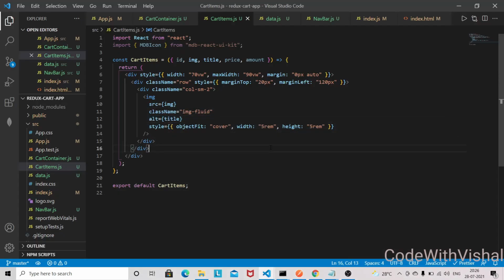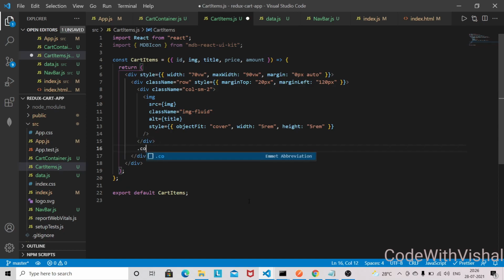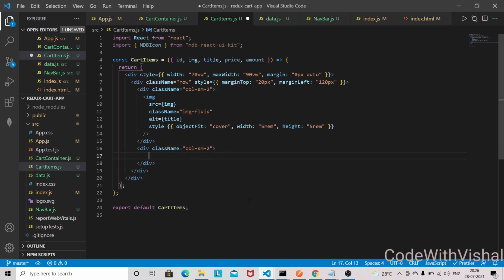So let's work on the other area. Now I will have the other details like product details, price, and that delete icon as well. That part I am going to do in a different column. So col sm2, and I am going to give here the title.